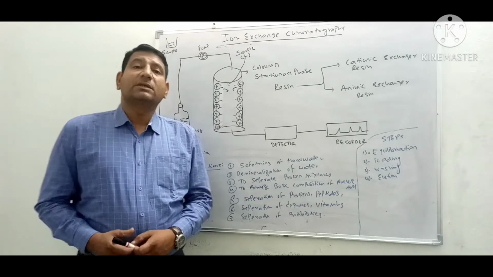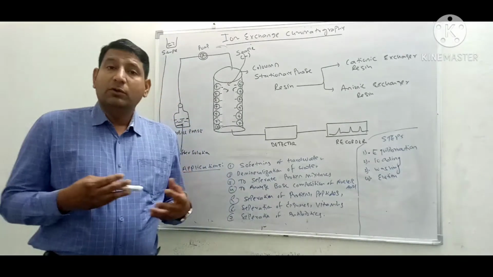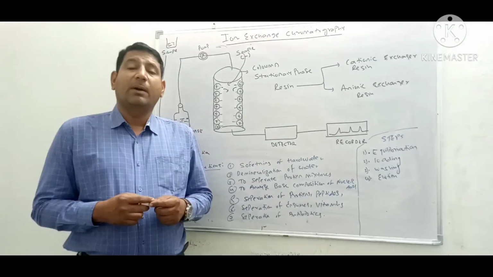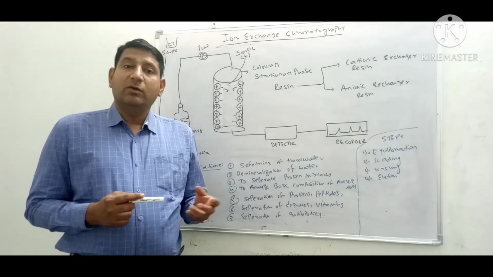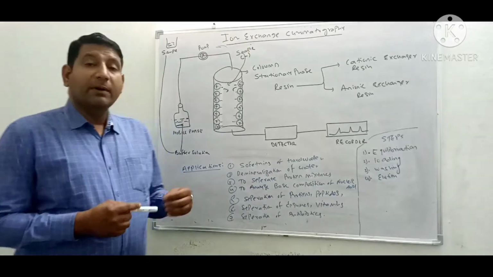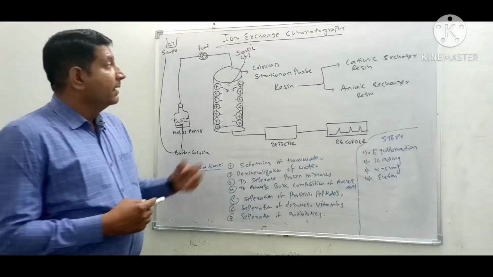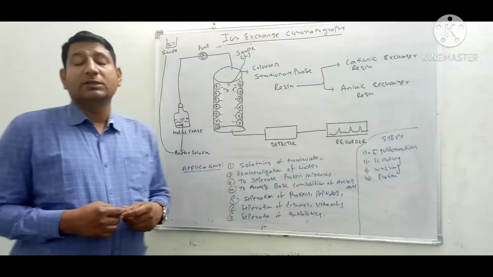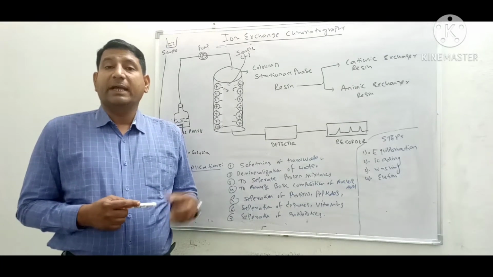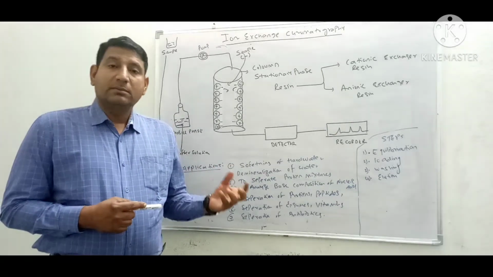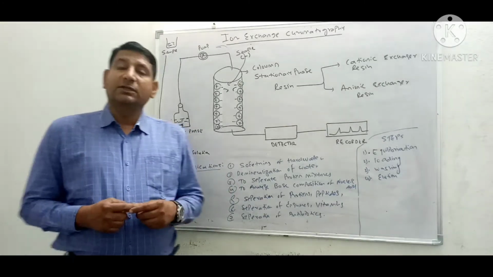In the series of our lectures on the subject Instrumental Method of Analysis, we are discussing types of chromatography. We have already discussed gel or size exclusion chromatography, affinity chromatography, thin layer chromatography, and high performance liquid chromatography, and now our last topic is ion exchange chromatography. In our previous lecture, we discussed its principle and the types of ion exchange resins used in it. We have discussed various stationary phases and mobile phases in ion exchange chromatography.